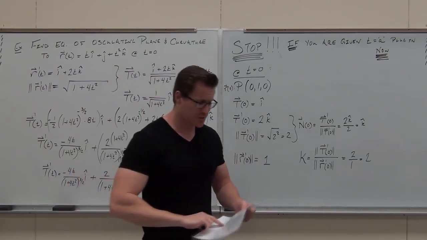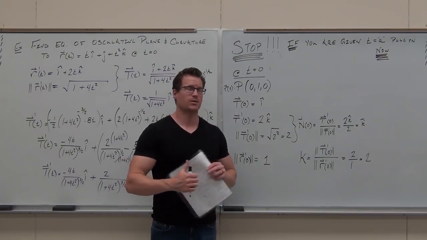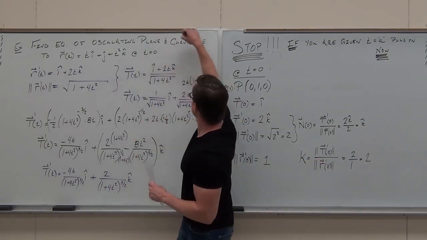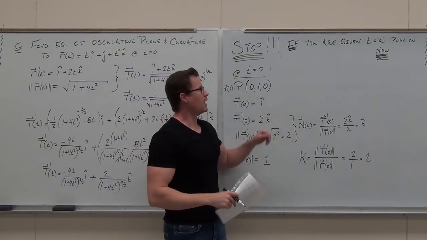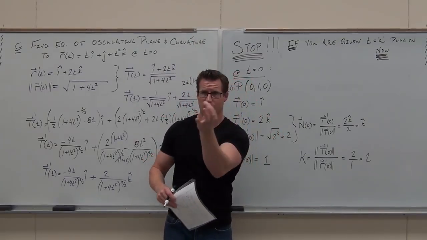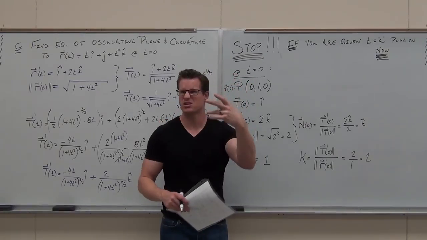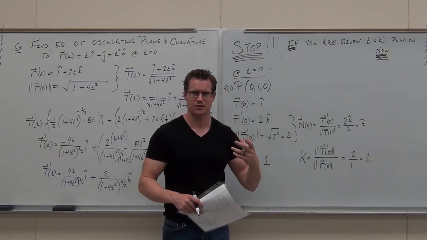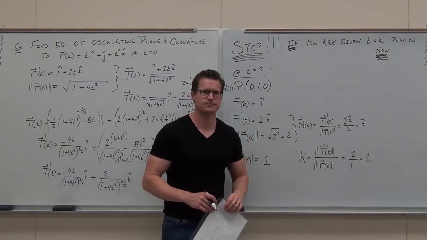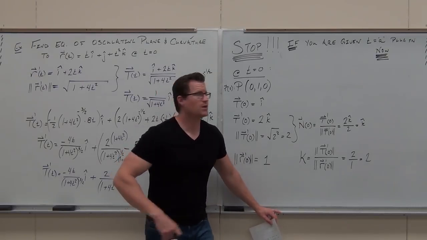Now we're almost done. You told me that we need a point. So we found curvature, so that's check. Got it. We found curvature. Done. We need a point and a normal vector to find the equation of a plane. Do I have a point? That's what this whole thing's based on. Do I have a normal vector? Kind of confusing. We use normal way too much. If I'm looking for,